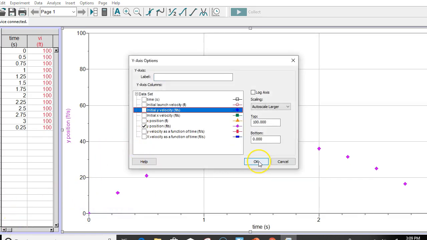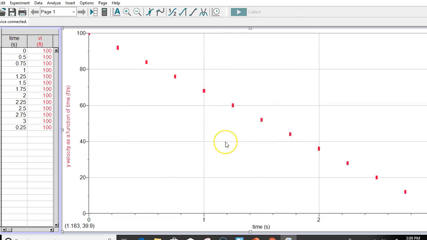We actually want y velocity versus time. There we are, right there. And that's what we end up with. We end up with that negatively sloping curve, because if you think about this for just a moment, if you